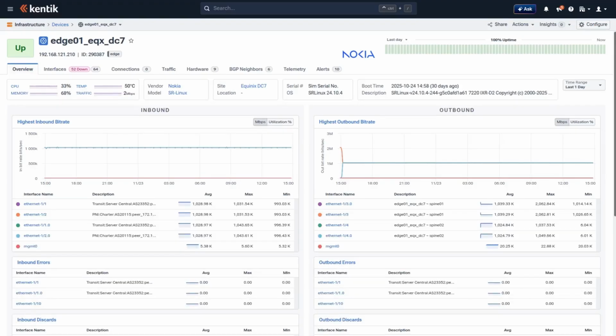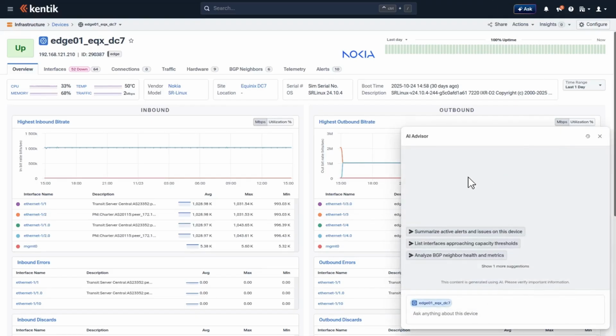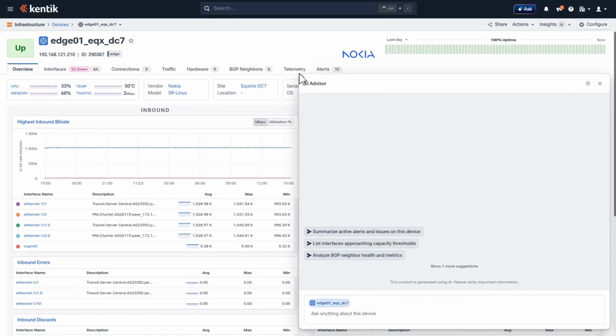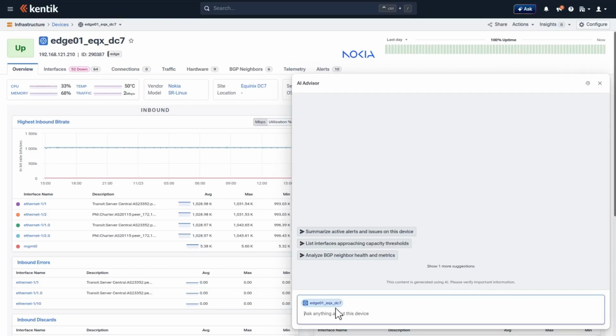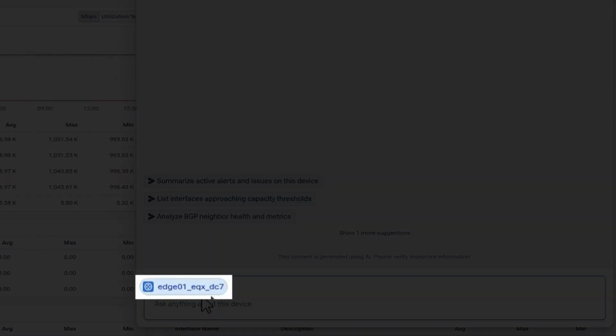AI Advisor is also available on all Kentik portal pages via the Ask button in the top right corner of the screen. This button opens an overlay window over the portal's page. Here you can select one of the suggested questions related to the open Kentik portal, or simply type your own question. The blue notification above the text field indicates that additional context from the portal page has been provided to